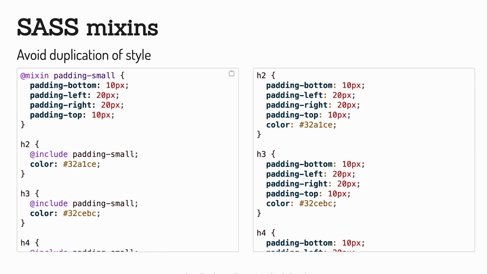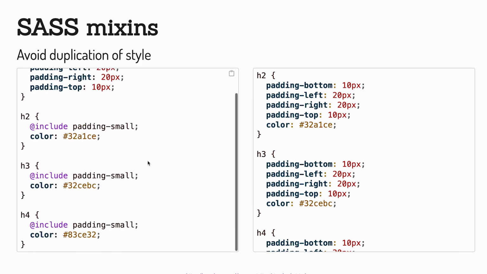There's also the idea of mixins, and that's another way of reducing repetition. So if we know that we need to apply the same attributes to a lot of different selectors, we could use the idea of a mixin. So we specify a mixin here, call it padding small, and we can include it under a lot of different selectors, and it essentially just copy pastes the values in.